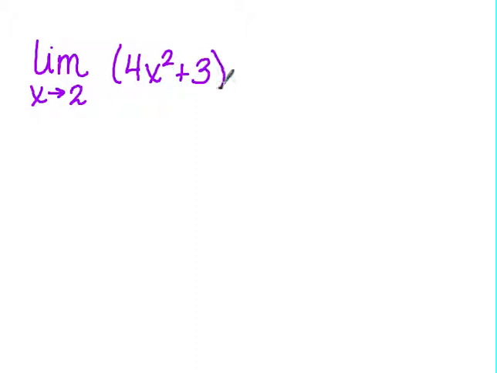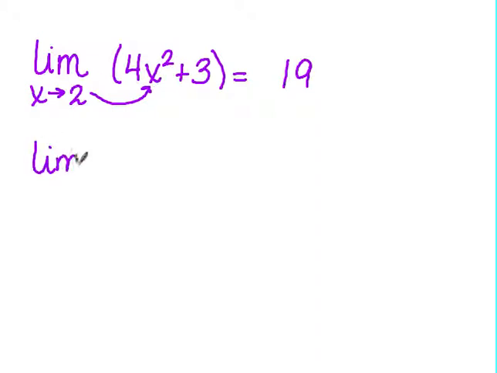The limit as x approaches 2 of 4x squared plus 3. What do you think on that one? 19, good. How you got 19 is we're just plugging 2 in again for x. So you end up getting 4 times 4, which is 16, and add 3. Why did the first one, where x is approaching 2, give 3? Because there was no x to plug it in. Okay, so